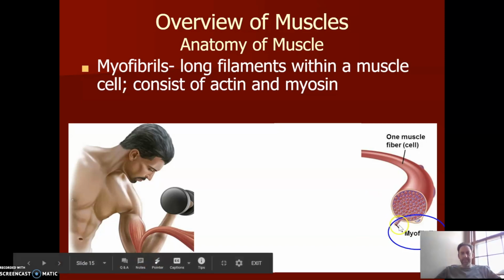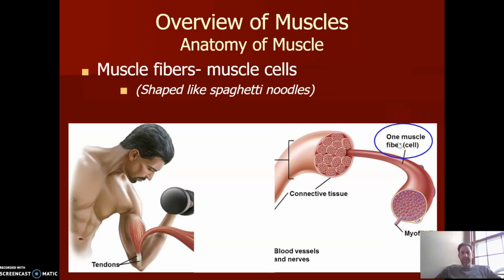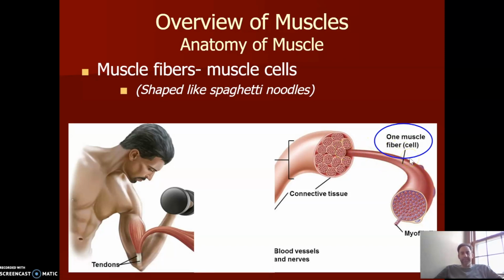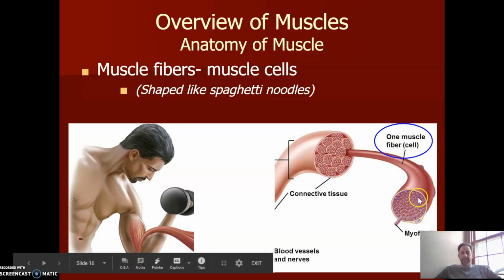So these are myofibrils. You can see there's a bunch of them in this structure, which is called a muscle fiber. So a muscle fiber is a long, kind of spaghetti noodle-like cell, and yeah, it's basically a cell. So the cells of muscles are spaghetti noodle-like in shape, and they extend out like that, and then they have